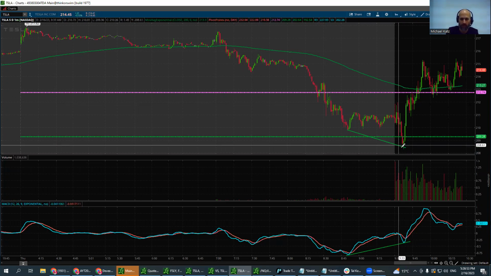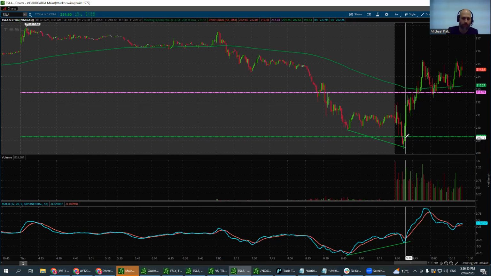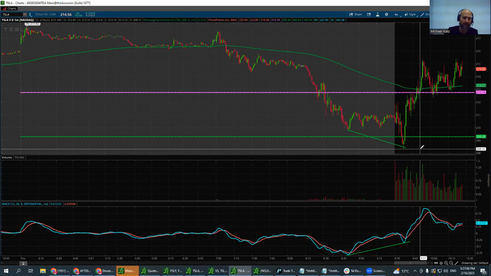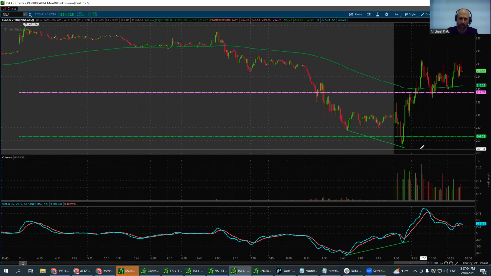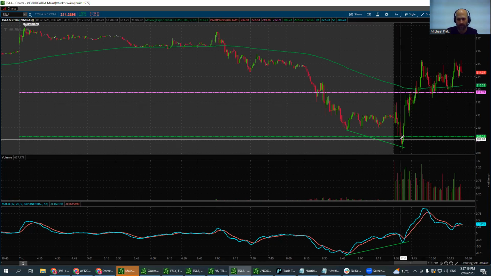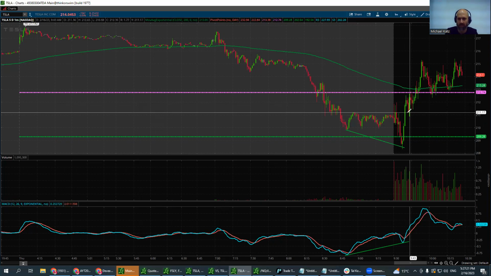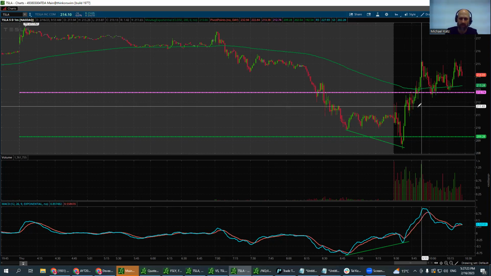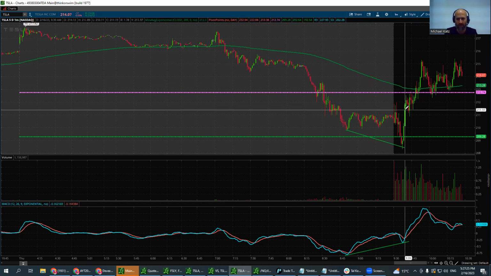You have the support level coming from the 209, both the pivot and the round number. You have the S&P or the Nasdaq looking pretty good to the upside. So all of those things combined made me click and start trading, buying Tesla. I actually didn't buy it at the bottom here. I missed that just because I came a little bit late to the computer. So I started to buy from this area. When it pulled back, I entered and bought more and basically sold it at the top.